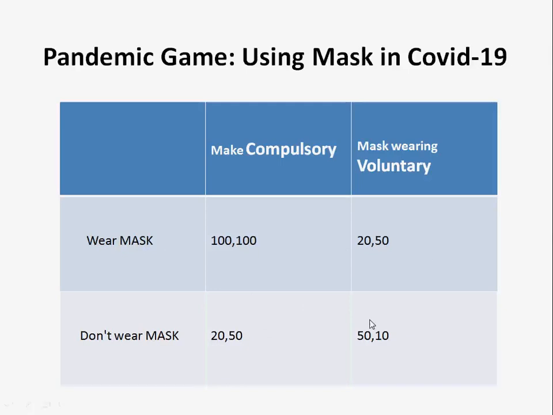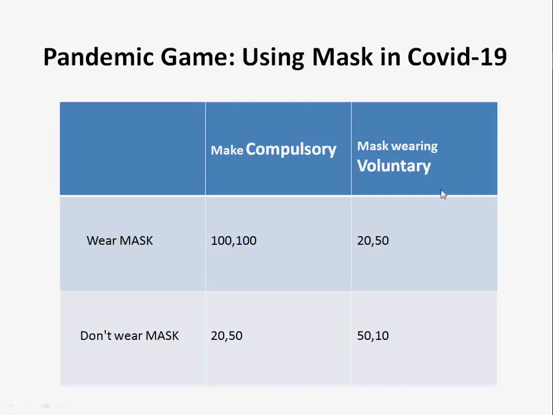Even though this game is quite arbitrary, what it says is that there are two players: one is the government and one is the citizens. Citizens don't prefer to wear a mask, but if they don't wear a mask, infection will surge, and it will create a problem for society as a whole. So the government wants to impose this compulsory fine so that people will wear masks, and that is why the infection will go down, and the cost of treatment will go down too.